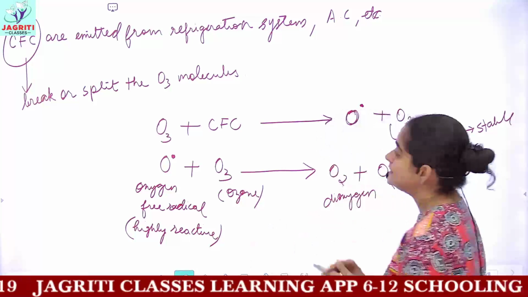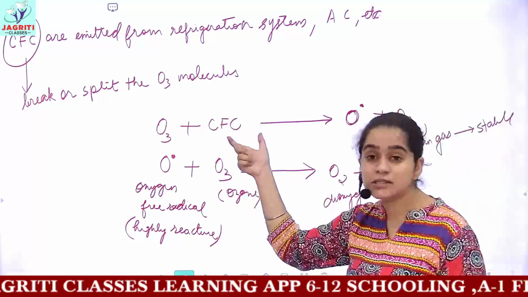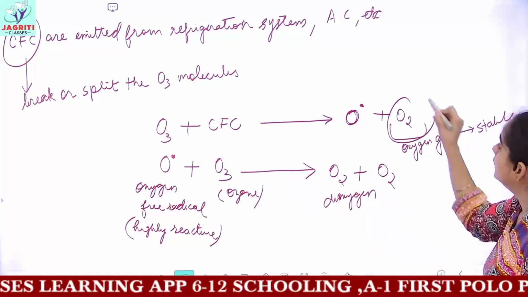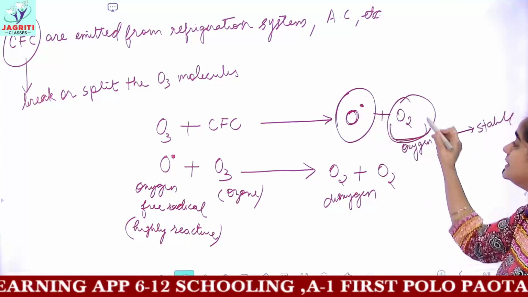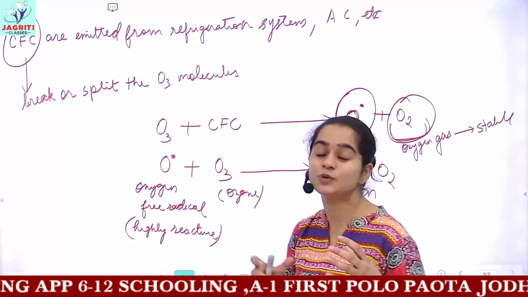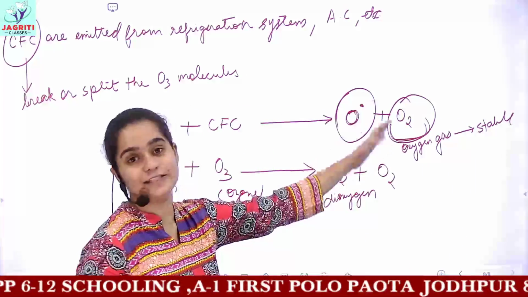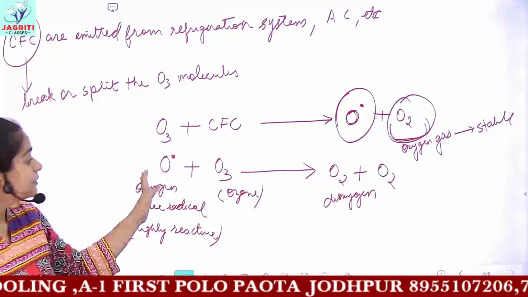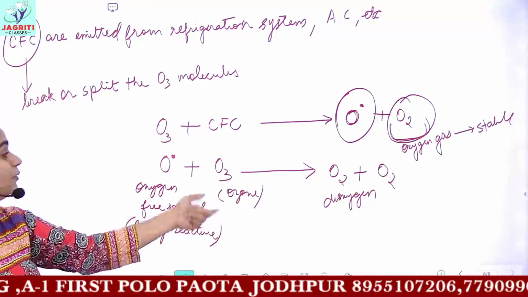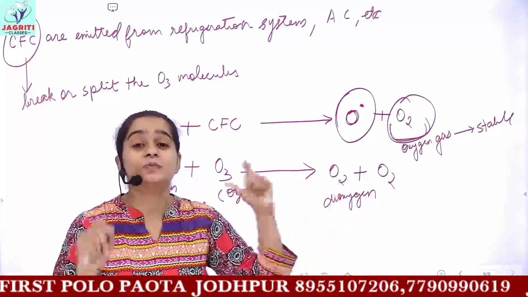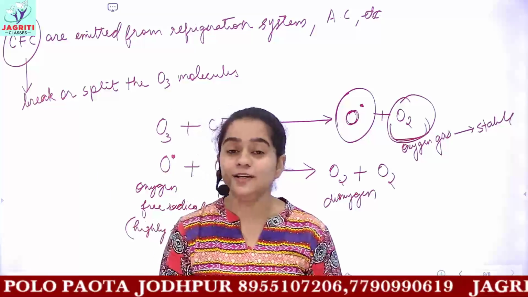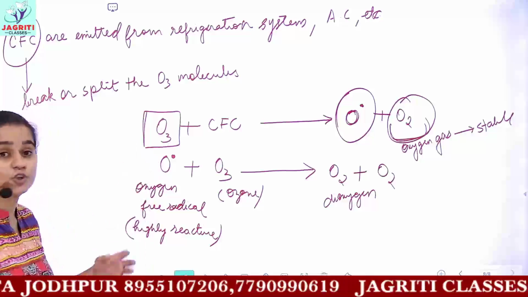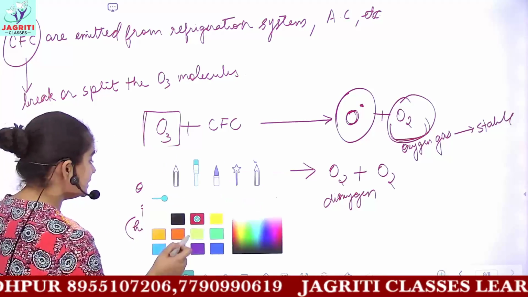And as you can see from the ozone, when one CFC reacts with one ozone molecule, it forms oxygen free radical, and with this it forms the dioxygen gas which is stable and it is being released. Then this free oxygen radical reacts with another ozone molecule, and then the ozone molecule gets split up into the 2 oxygen molecules. So as a result you have the depletion in the amount of ozone, and these CFCs,